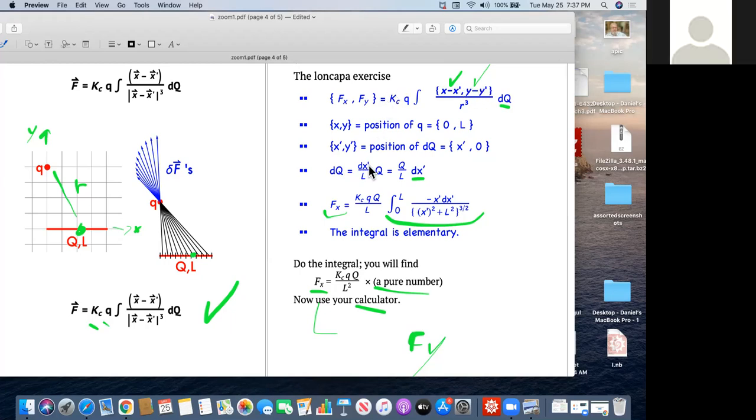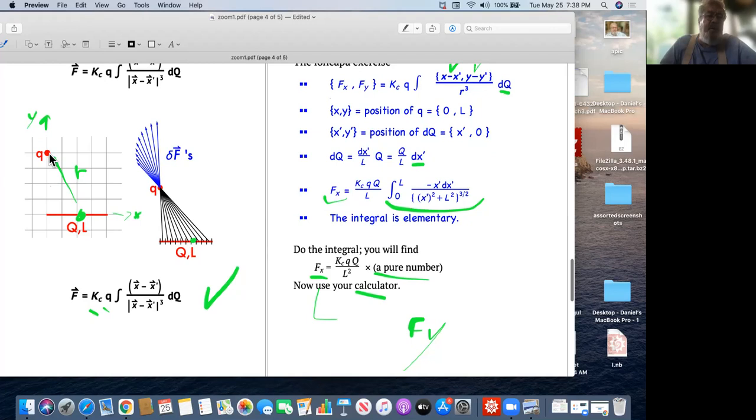Then to be more specific, why is the Fy not equal to Fx, since the L is equal to the distance from the Q to the origin? Well, I think you can see from the picture that they won't be equal. I mean, you're going to add up all these forces. Adding up all the y components will give you Fy. Adding up all the x components will give you Fx. Fx is going to be negative. Fy is going to be positive.